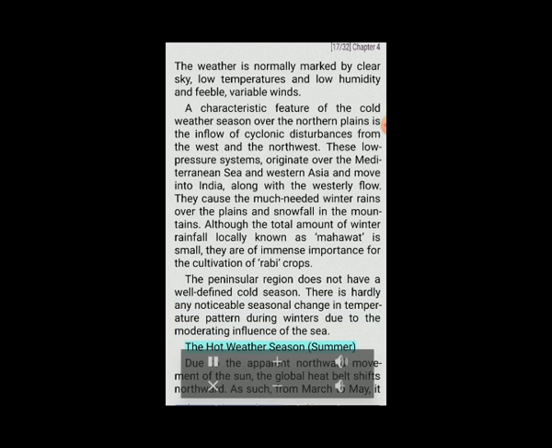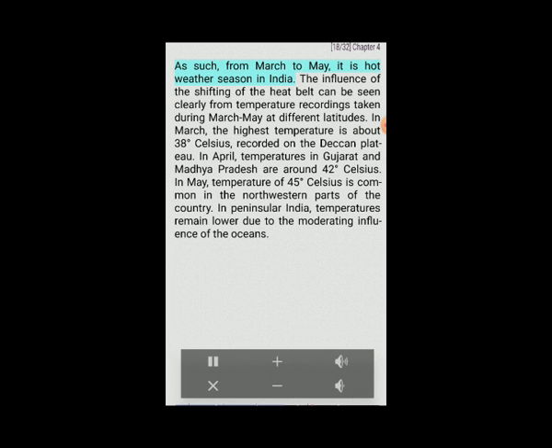The hot weather season, summer. Due to the apparent northward movement of the sun, the global heat belt shifts northward. As such, from March to May, it is hot weather season in India. The influence of the shifting of the heat belt can be seen clearly from temperature recordings taken during March-May at